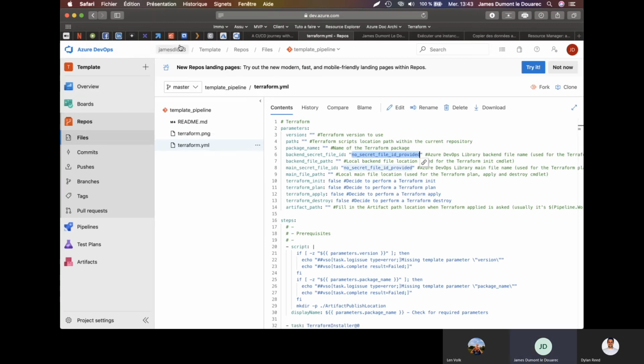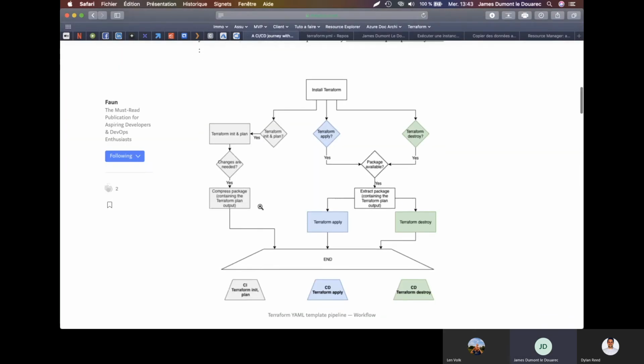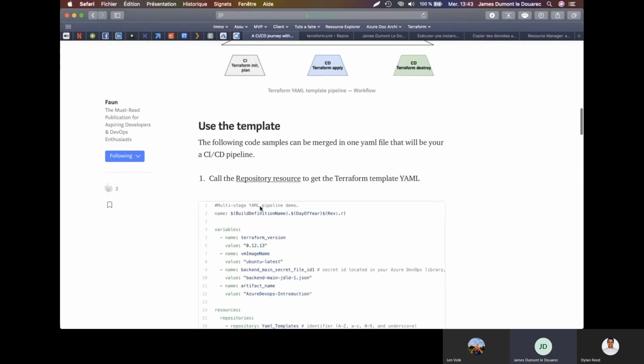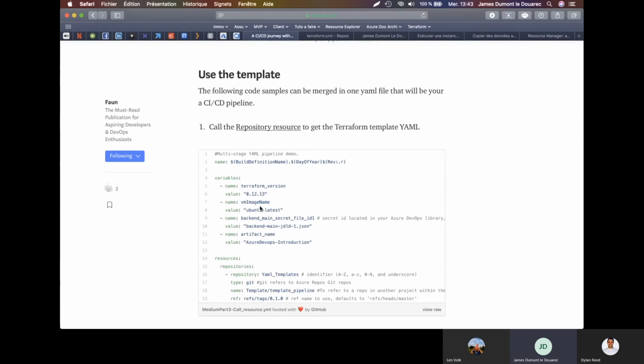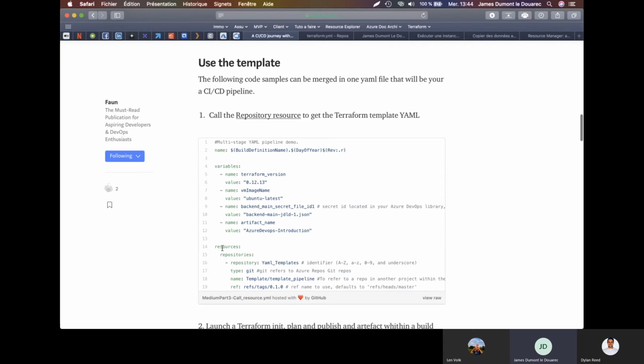So this is a good point. If you go down and have a look at how to call this YAML template file for your Terraform action, the first action that you need to do in your YAML pipeline is to call this remote resources.